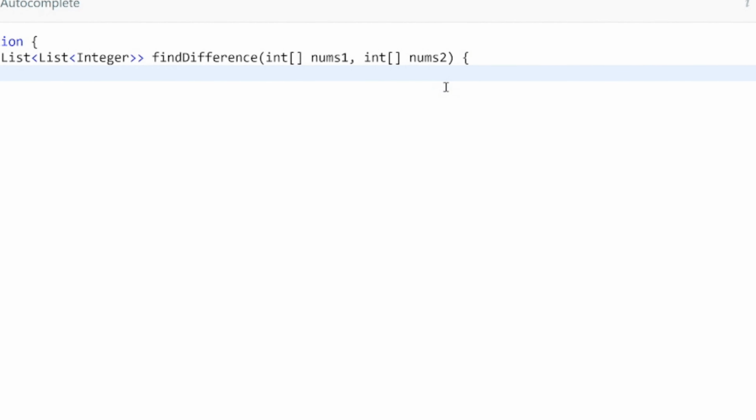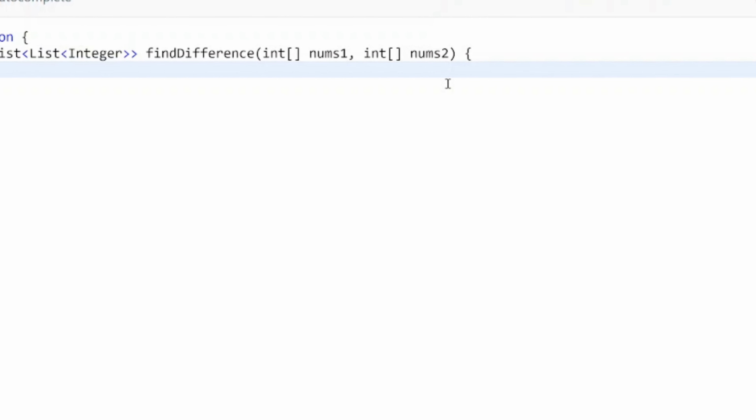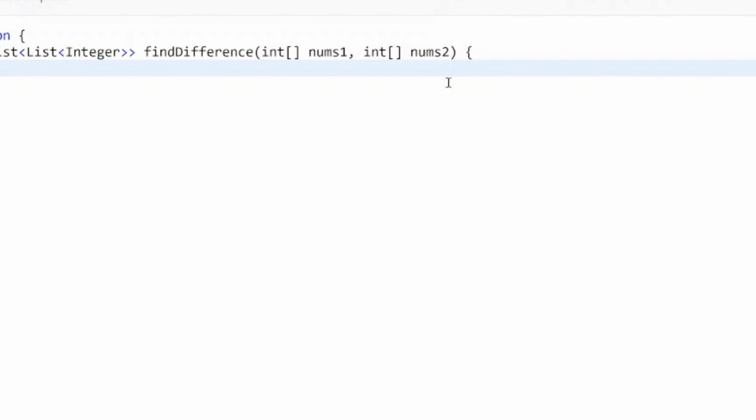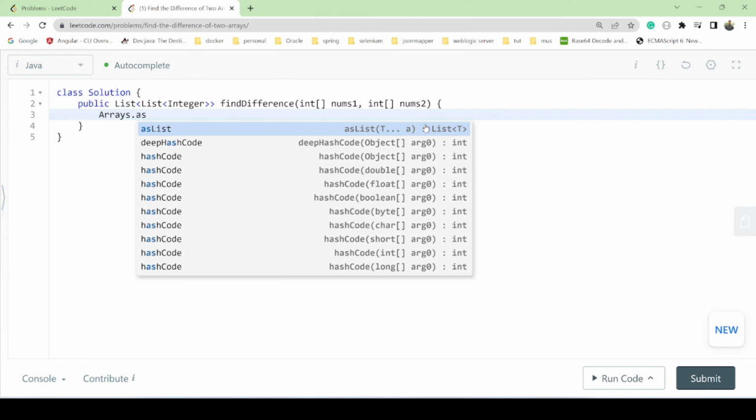So for the understanding purpose, as we know, if we have arrays, then when we do Arrays.asList,